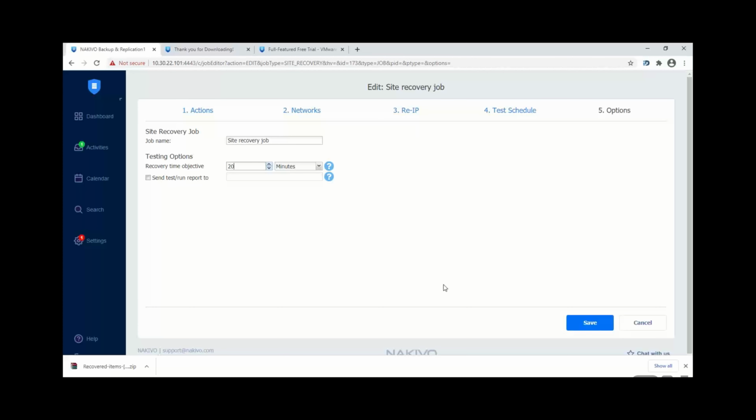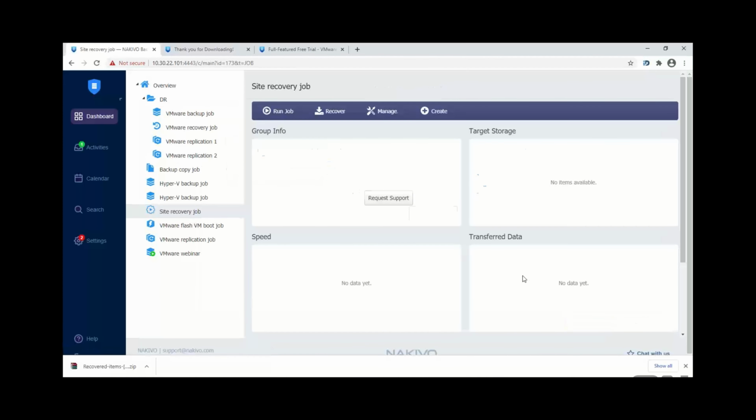objective. If those actions cannot be performed, of course, I can either review my environment, or I can look at the reason why it's not performed, or I can increase the recovery time objective if acceptable. That's it. So this site recovery job will run for me every Sunday in a test mode, and once disaster